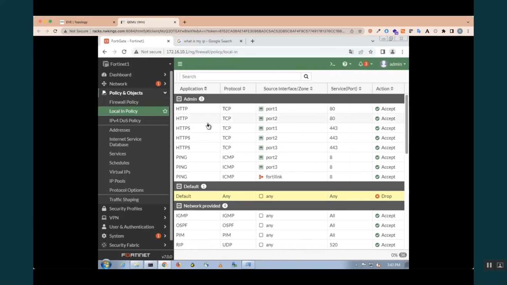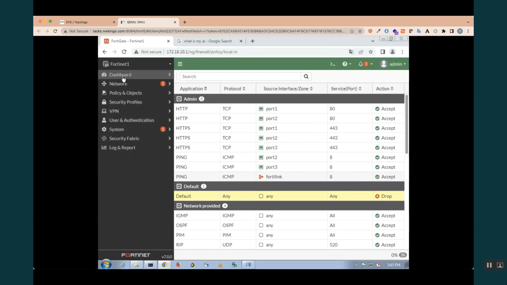So why do we want to give a specific source? See, if you want only specific sources to be able to access my firewall, for example.